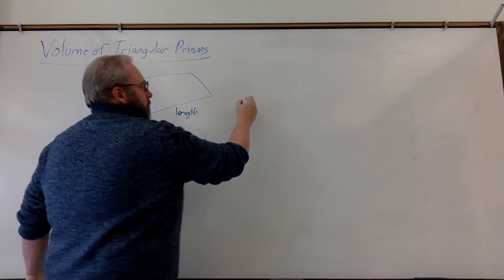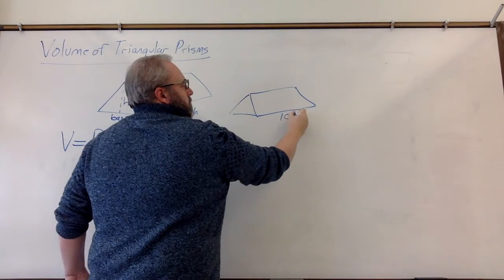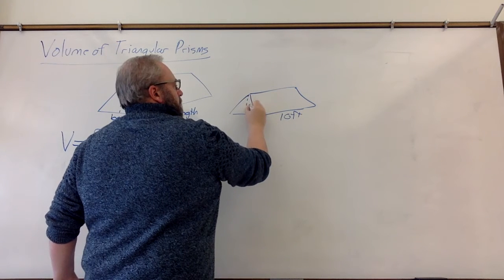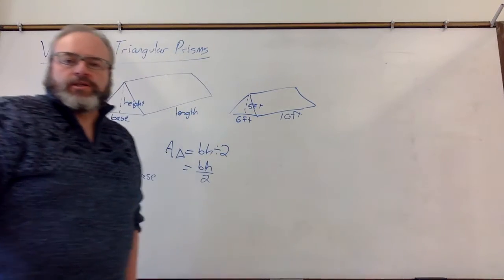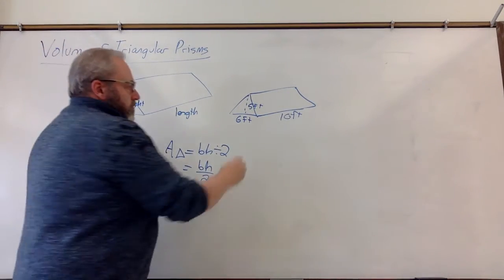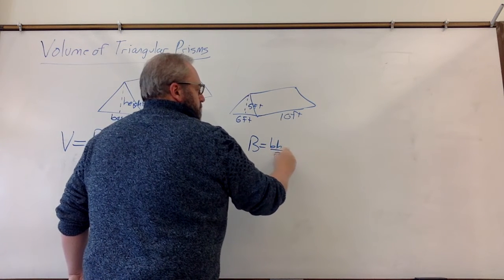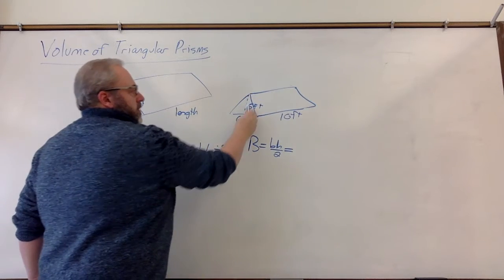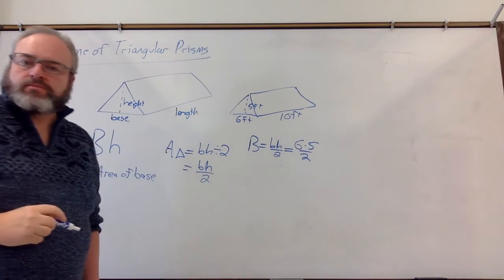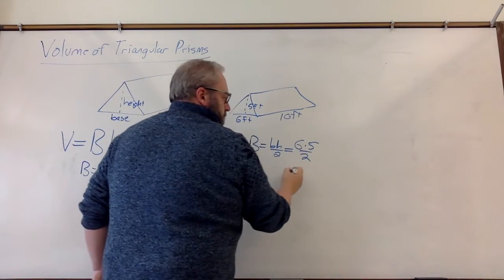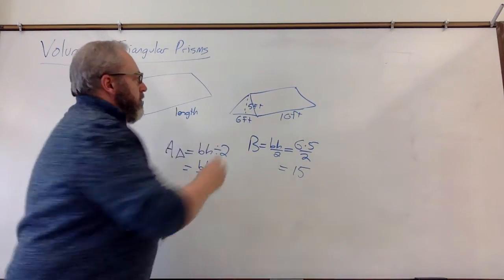Okay, so let me give you an example here. Let's say this was a tent. Let's say the tent is 10 feet long, 5 feet tall, and 6 feet wide along the base. So start with the area of the base. The base is base times height divided by 2, which in this case is 6 times 5 divided by 2. 6 times 5 is 30. 30 divided by 2 is 15. So the area of the base, this part here,